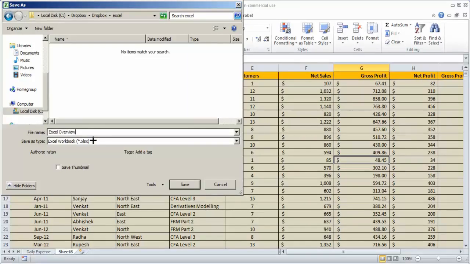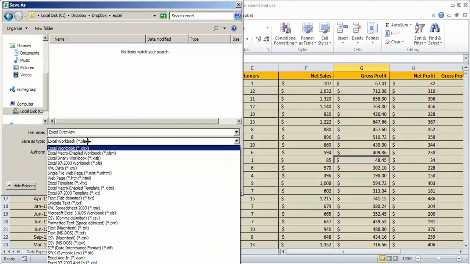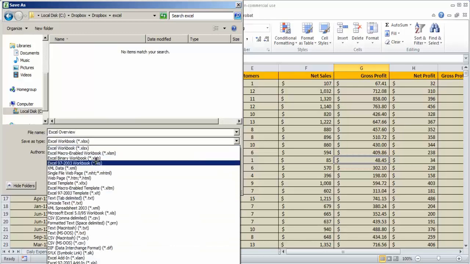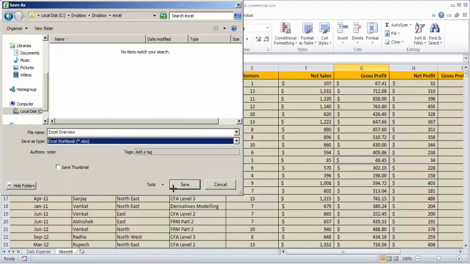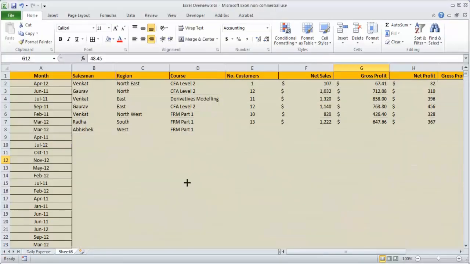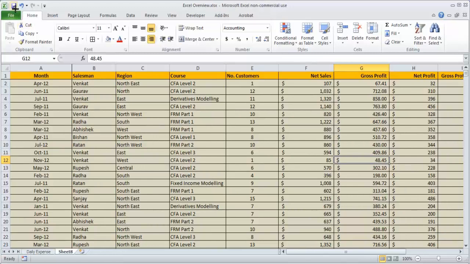Now here this is the 2010 version, so it is saving as XLSX. But many times some people do not upgrade their Excel or Office suite, so for them you may want to save it in the lower version. First we'll save it in our version, because some of the things may not be supported, and then we will save it in the lower version.